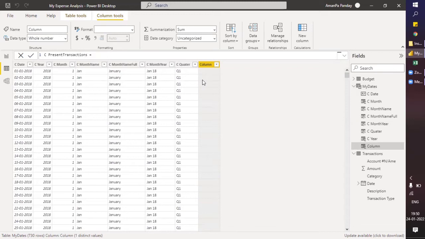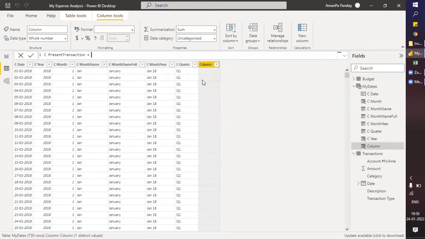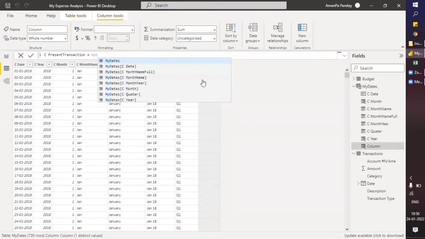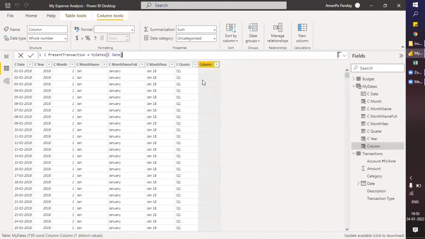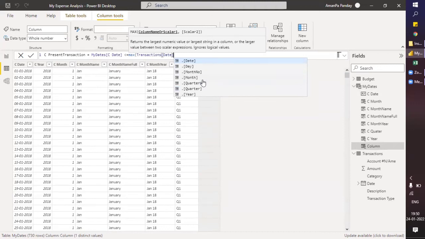Okay, this will be my date table, my dates, and in this we will be selecting the date column, and after that, whichever is greater than or equal to, sorry, less than or equal to max of transition, and let's select the date here. Okay, whichever date is matching here.